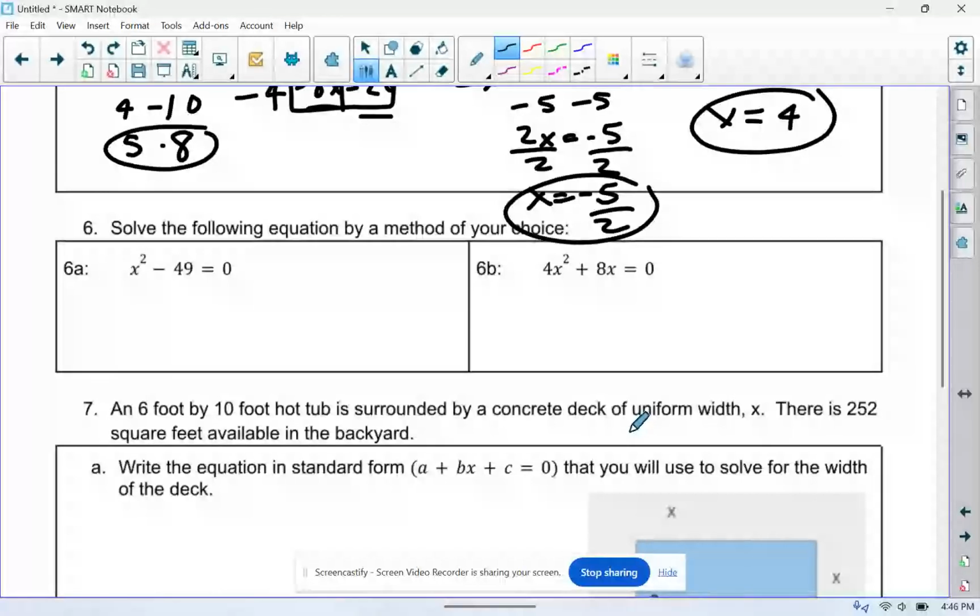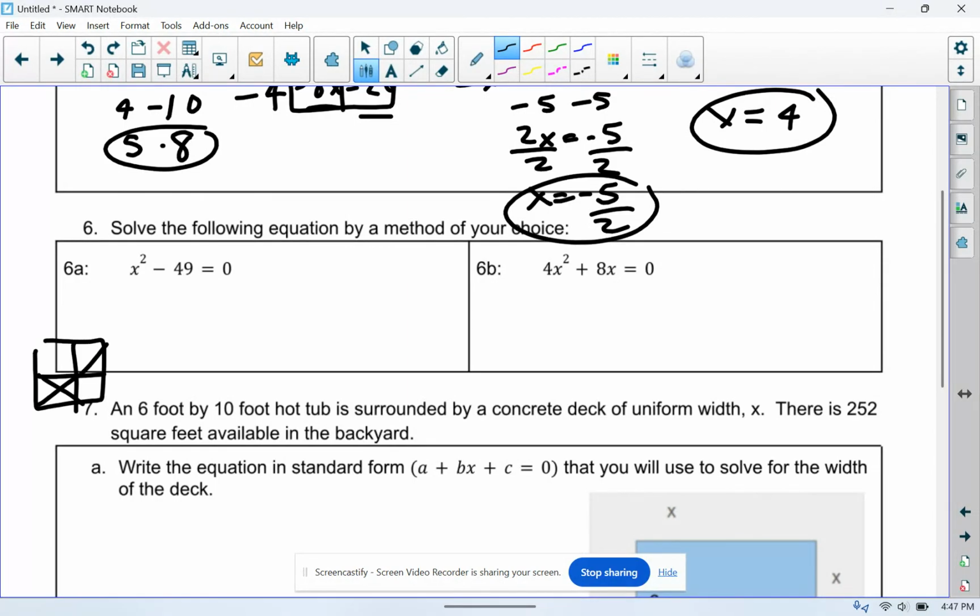The next question is solved by the method of our choice. So I look at 6a, and there's really two ways you can solve 6a. First off, I notice there's no middle term. And when there's no middle term, I know that when I would do my box, if I have that,